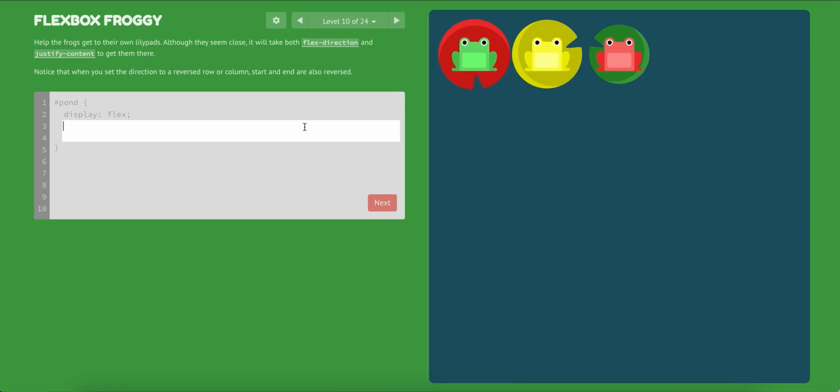We have to use only the row properties, all the properties that act on the row. The first property we learned was justify content. Justify content, if we write flex end,